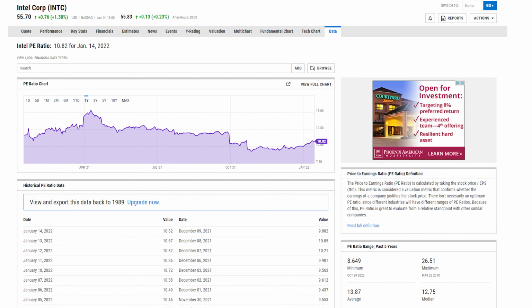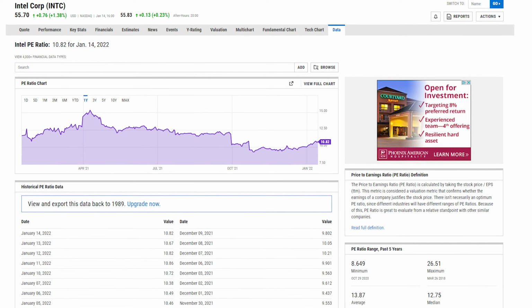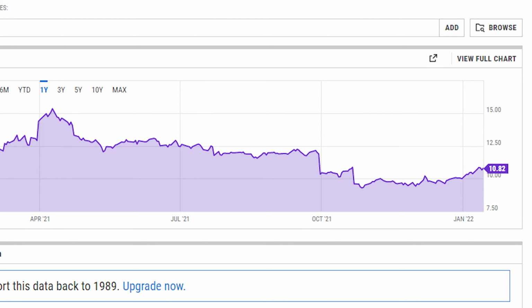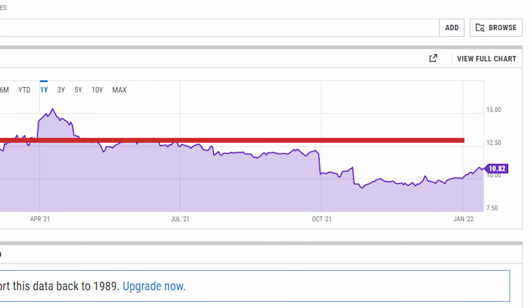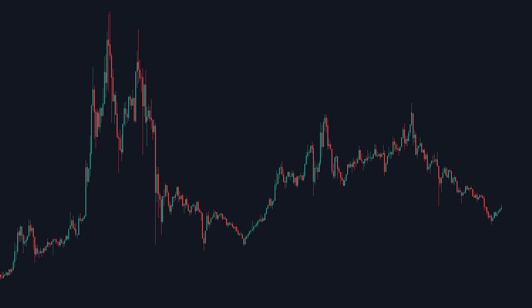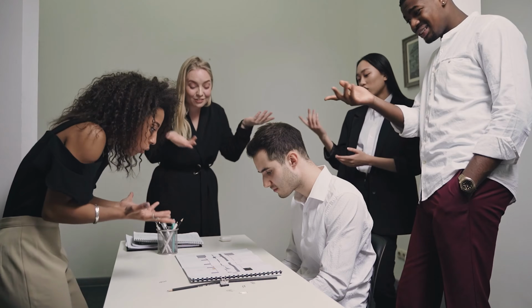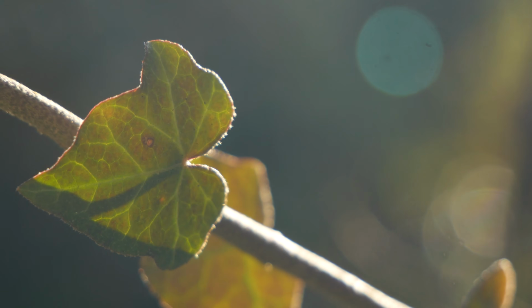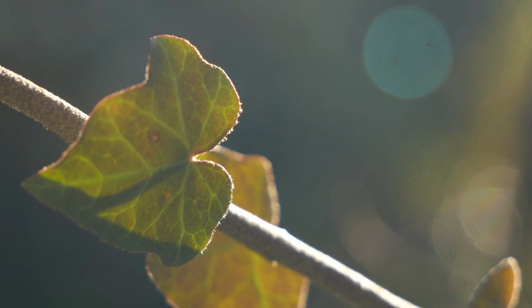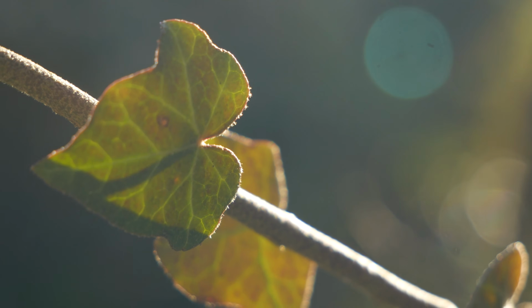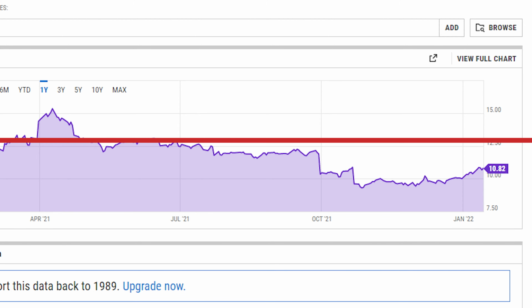Here, Intel's PE ratio is below the average, which may indicate a good time to buy because of mean reversion, meaning the PE ratio is expected to head back to its average. A lot of investors believe that short-term volatility to the PE ratio, whether that's a bad press release or something bad happening in the short term, will merely be a leaf in the wind and not have a huge effect in the grand scheme of things, resulting in it heading back to its normal average,